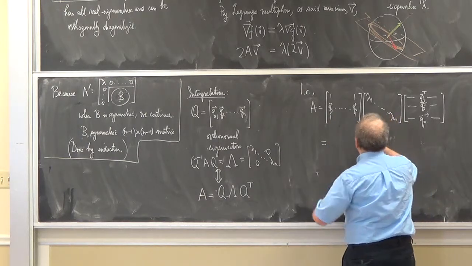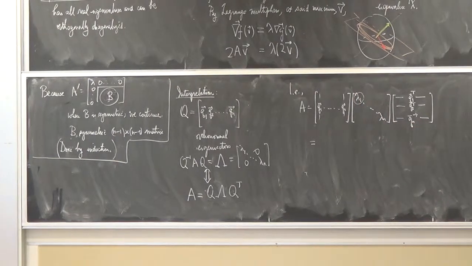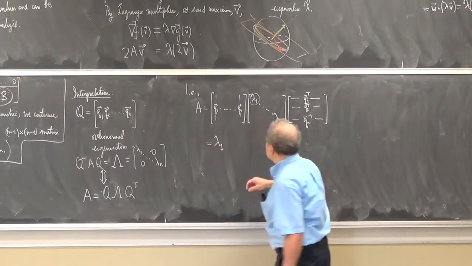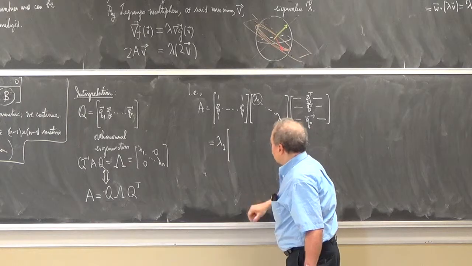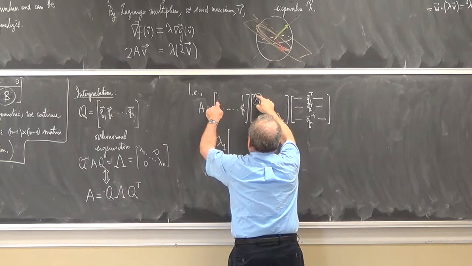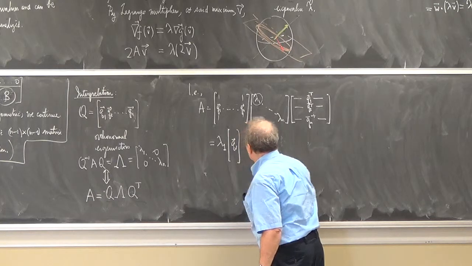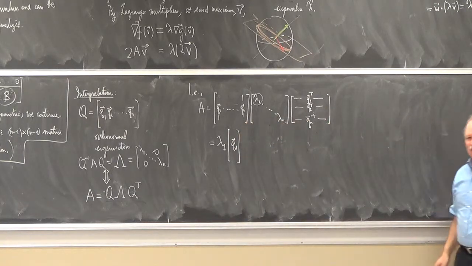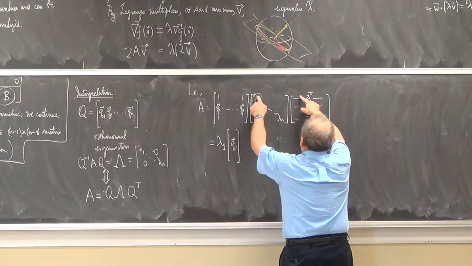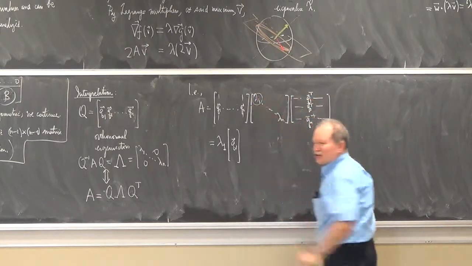So how can you understand what this is doing? Well, think about what you're doing. This lambda 1 appears in what terms? When you multiply these matrices, what has a lambda 1 in it? If I think about doing this, it's only the first column. And which rows from the second one appear? First row. Right? If you're going to do this multiplication and you want lambda 1 in it, you've got to only hit the first row, right?